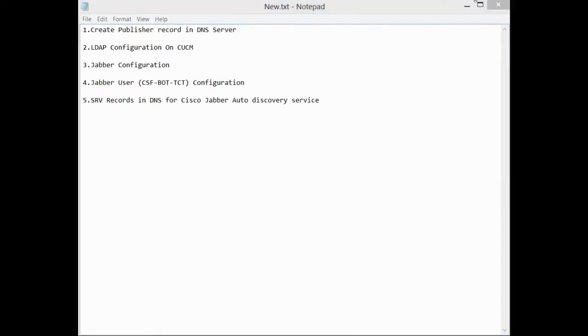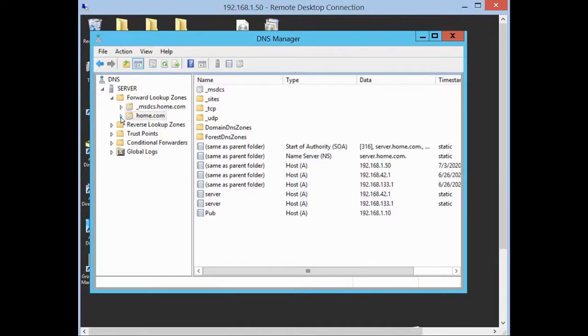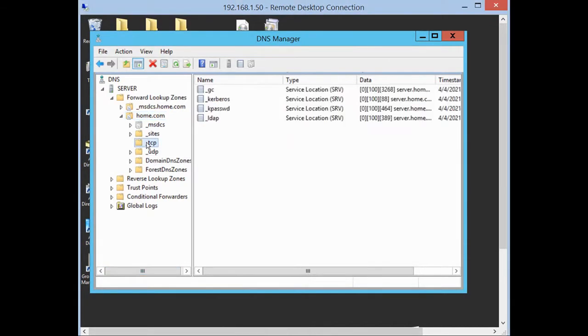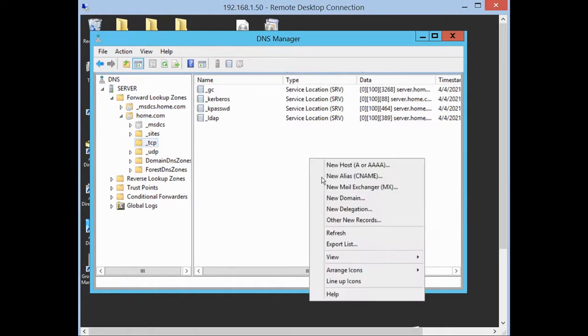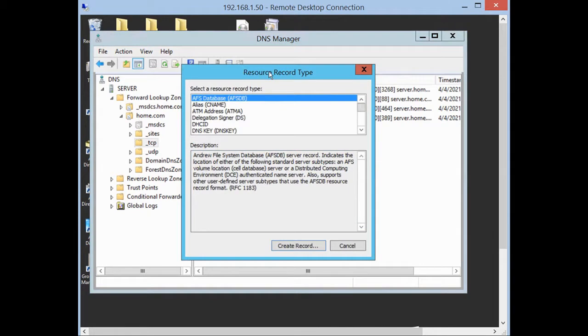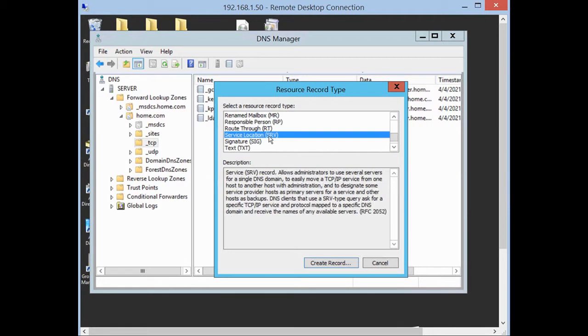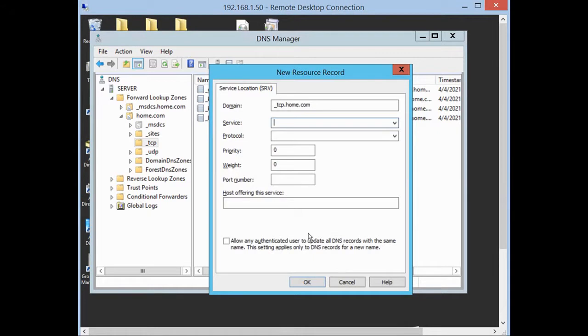We need to go on DNS server, expand our domain, choose TCP, right click and then other new records. You should find service location. Here it is. And create record. For service,